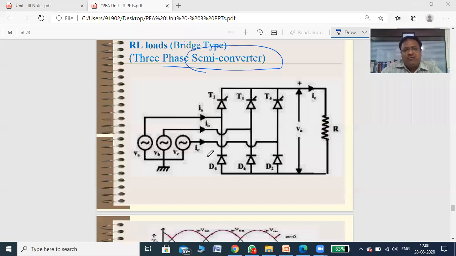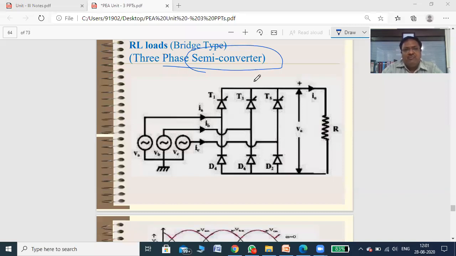So carefully, I'll again repeat. There are a total of 8 questions on the three-phase converter, and at least one question will be asked in the in-sem as well as the end-sem on these three-phase converters. So it will give you 5 plus 7 marks in end-sem. Total 12 marks you will get on only this three-phase converter. So if you understand this three-phase converter, then you are able to explain. Otherwise, it is very difficult for everyone, right?